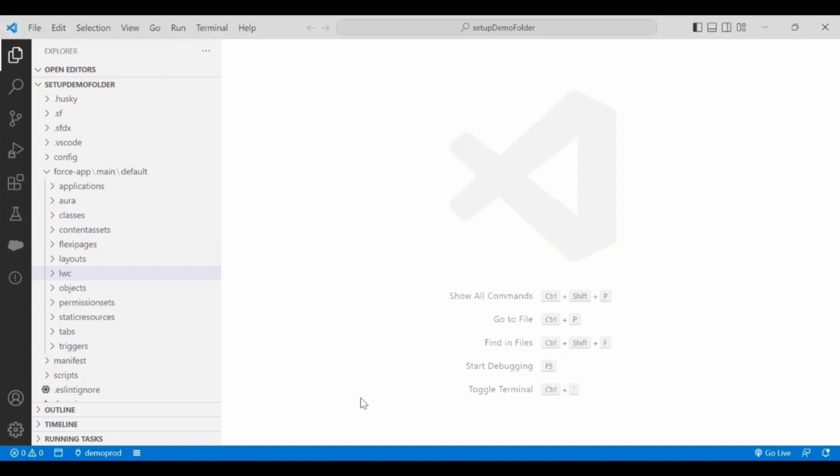org. In case you are not able to see this section as soon as you open your VS Code, so if you are troubleshooting this section where you are not able to see this part, do not worry, give VS Code some time. When you initially load this VS Code, initially when you close this and open this one, this section would not come up. If you can give the VS Code at least 2 minutes or so, this section would be updated where you would be seeing these changes if you have already authorized an org and set the default org in your VS Code. So this is something that you can wait for some time and you would be able to